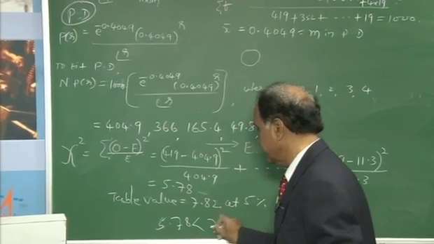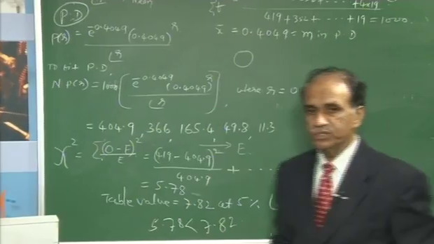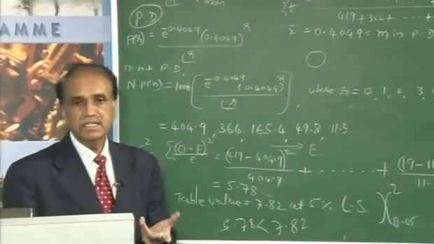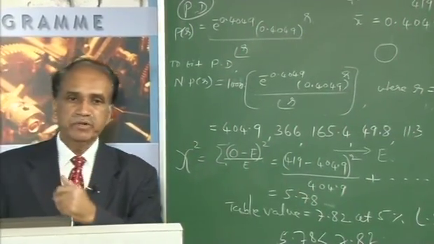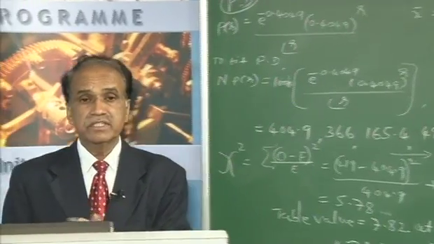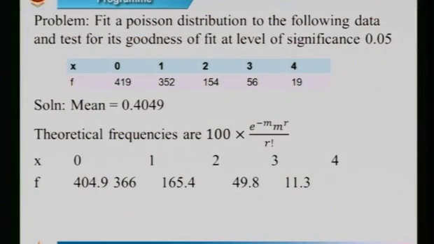is less than 7.82. What is your conclusion? As usual, when the calculated value comes out less than the table value, it is in good agreement with the given values. That means, for this type of situation when a table of values is given, we first calculate the arithmetic mean, put it as the constant of the Poisson distribution, use it as the value of m, substitute it in the P(r) equation, and then multiply by the total frequency to make it the fitting of Poisson distribution and get the new values